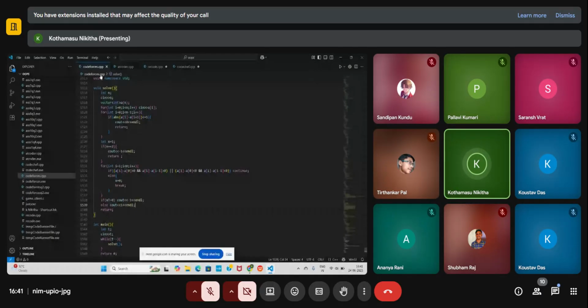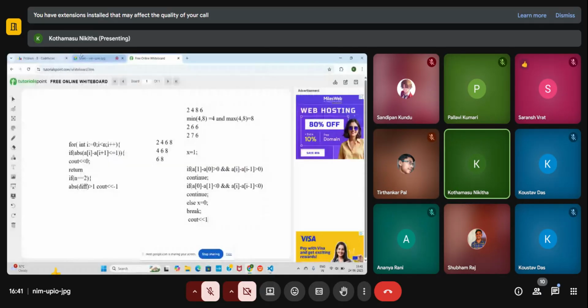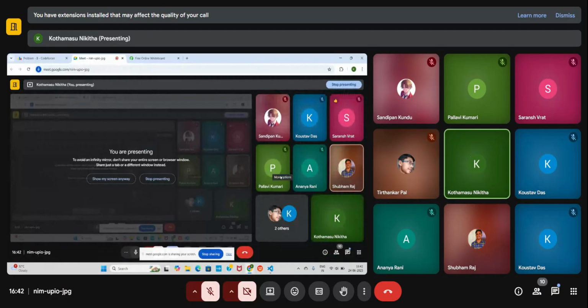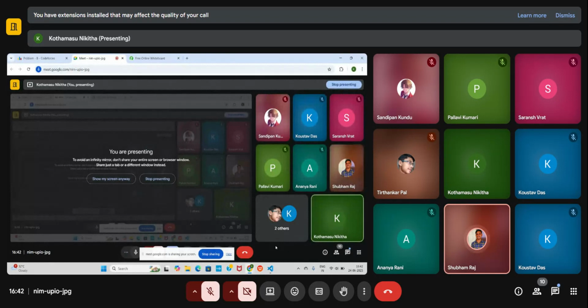Did you guys understand? Didi, I have a doubt. Okay, you can ask the doubt. What if the operation is greater than one? No, it is not possible. See, like